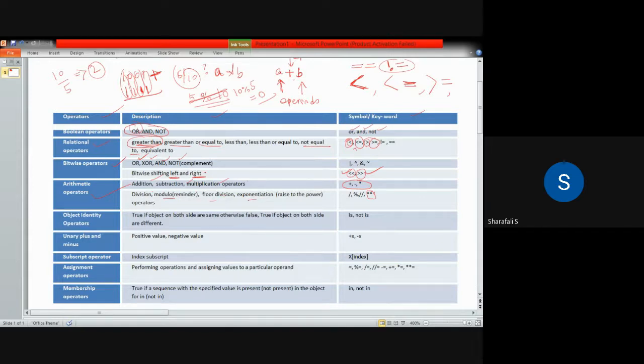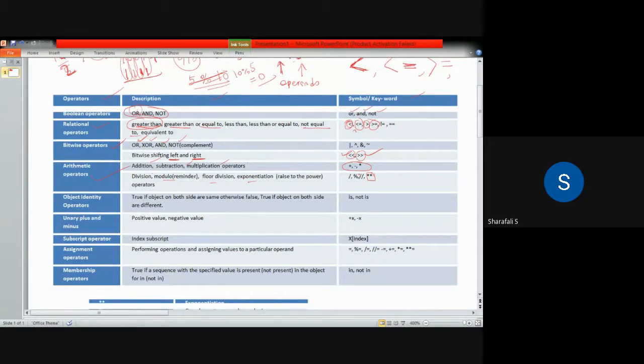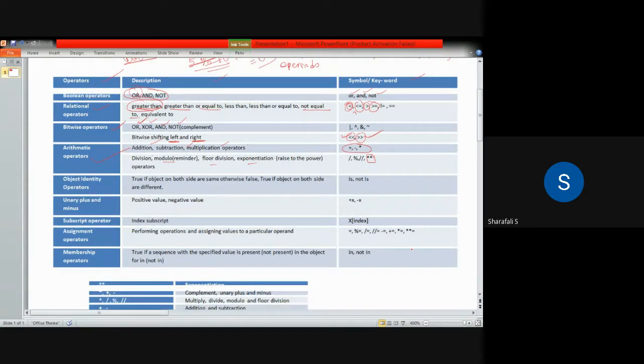So floor division is nothing but, for example, if you want to get some division, I will say it's 2, and I will use some 11 here. So I will be getting the division as 5.5, right? 5.5. So if you are doing the floor division, then only this part will give the answer. The decimal part will not be printed. Anyway, I will explain those things in the program section. We will understand that more clearly.